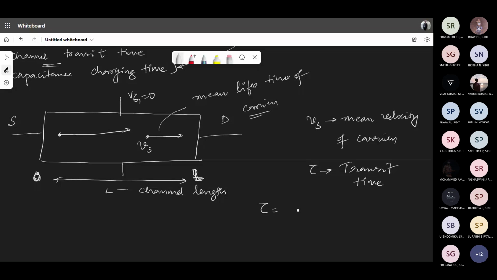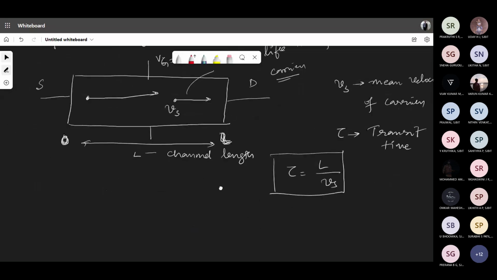What is velocity? Distance traveled per unit time. So what will be tau? You will have it as L by Vs. I'm taking the values of the textbook to just make you understand what is going to happen to tau